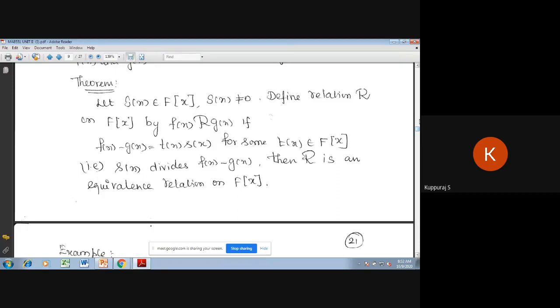That is, s of x divides f of x minus g of x. Then capital R is an equivalence relation on capital F of x, which means it satisfies